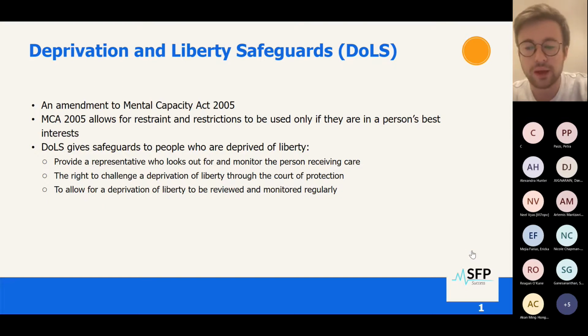And it's also worth knowing, I think we haven't specifically covered it in the slides, some of the common sections under the Mental Health Act that you might need to use. So things like a Section 2, a Section 3, Section 5.2, a 5.4, and a 136 are some of the common ones. And it's just useful being aware who enacts them, whether it's just one person or you need multiple people,